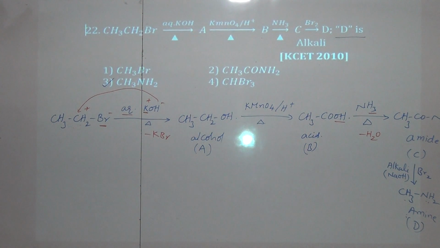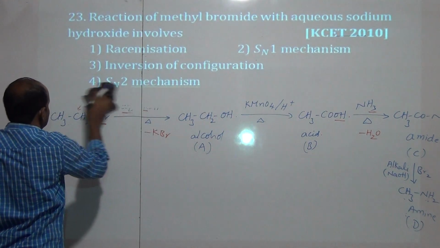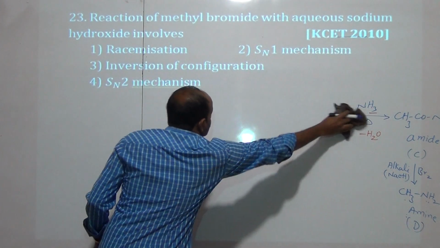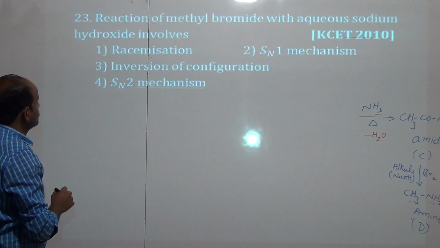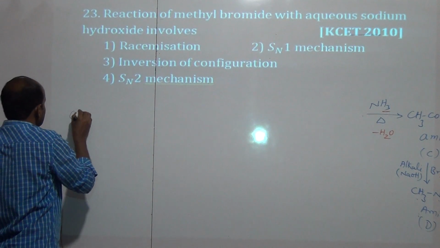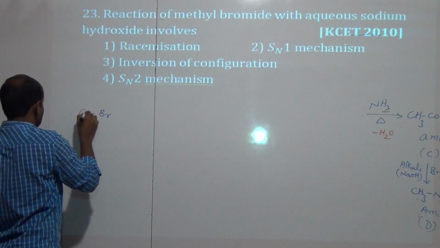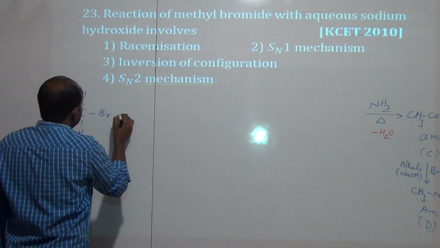This is the reaction sequence. Next one. Reaction of methyl bromide with aqueous sodium hydroxide involves methyl bromide. They give CH3Br, methyl bromide, which reacts with aqueous